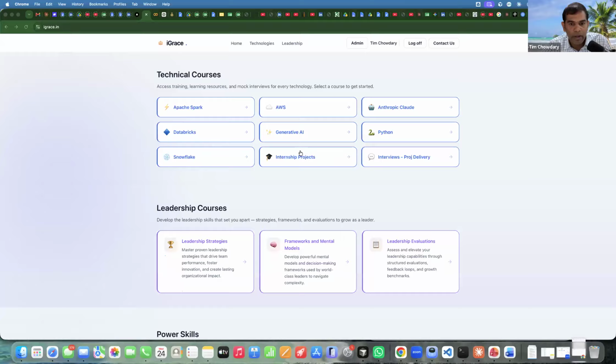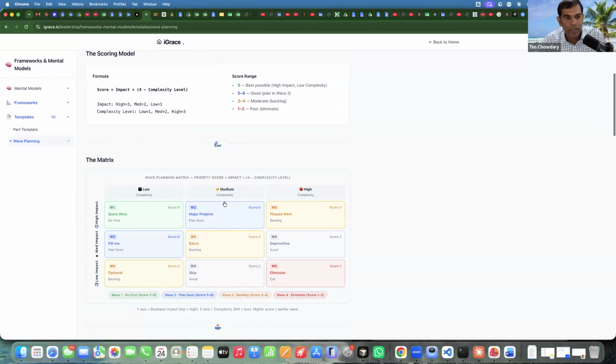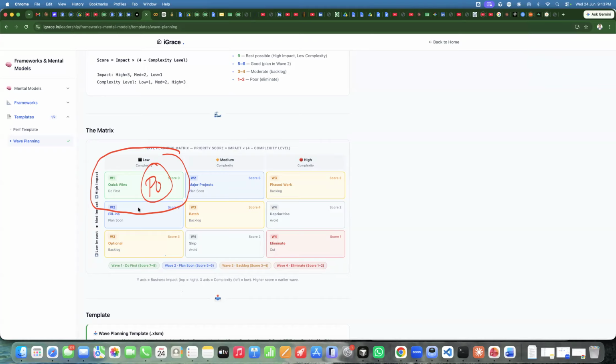So let's see in our course material, let's say frameworks and mental models, right? Here, wave planning. What we discussed, basically, here it is a little more process oriented, a little more structured. We can even calculate a score for each of the tasks which we have identified, right? It will bucketize. Wave 1 should be treated as P0. If you can fix this, let's say 30% of the performance issues is solved with a small configuration change. That itself is a bigger impact. Clear so far? Accordingly, we can devise a plan for all other wave buckets.